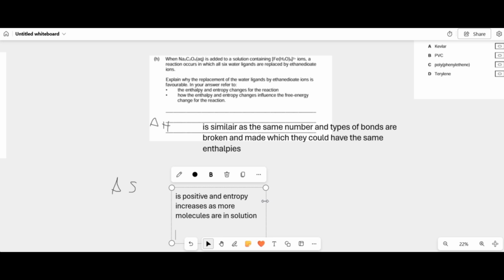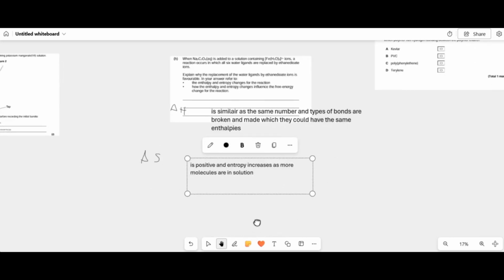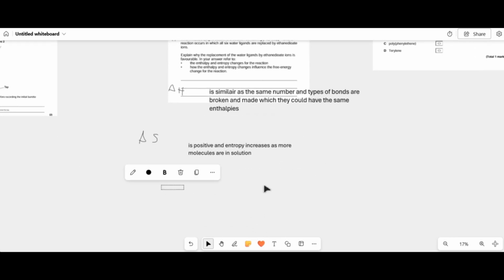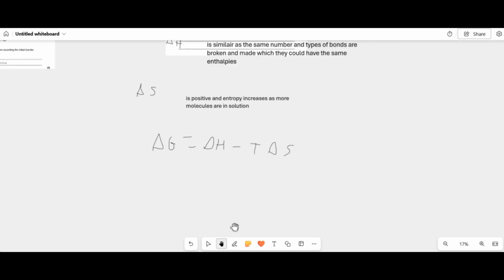Alright. Now to wrap this up and get the final marks you need, you obviously need to state the Gibbs free energy equation, which is delta G equals delta H minus T delta S. And what you need to say here is that since the enthalpy is staying the same, and since S has increased, it's going to be more negative for delta G. So you need to basically just say it's going to be negative, to say that the reaction is feasible. So I can say that delta G is always negative,